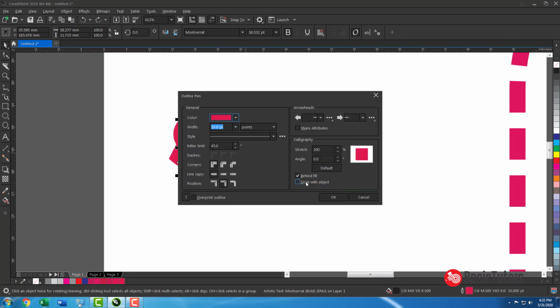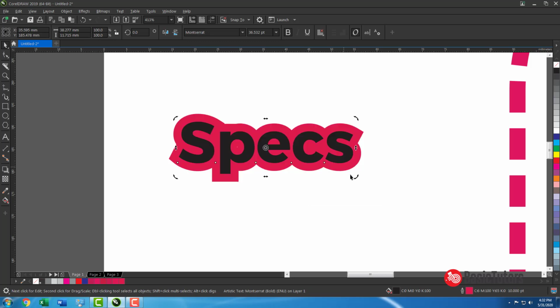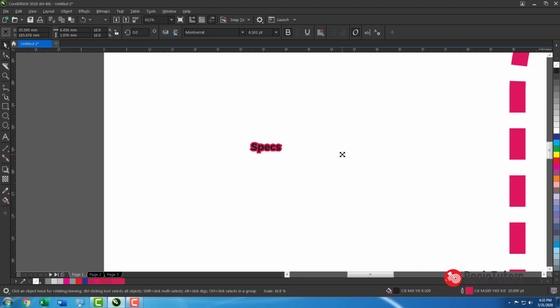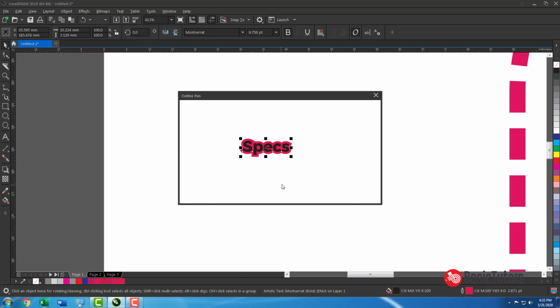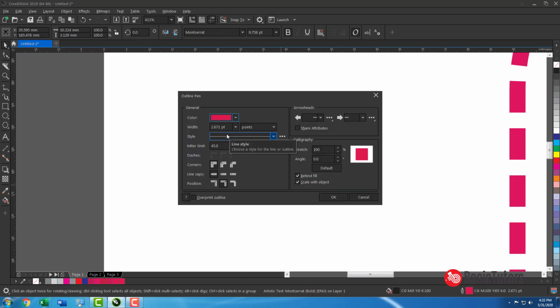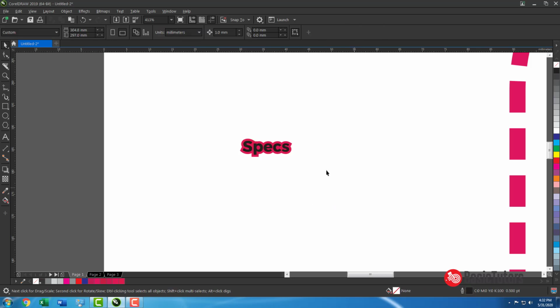Suppose you select this scale with object command and now scale the object. What will happen? See, automatically your width will be changed according to how our object gets scaled. This is a very important thing. One is behind fill, and another is scale with object. This is all about our outline.